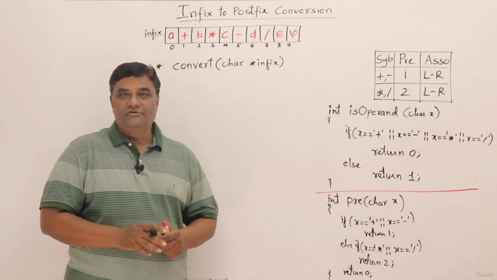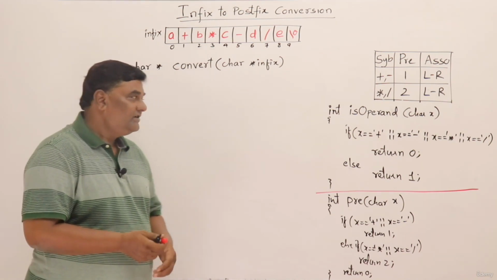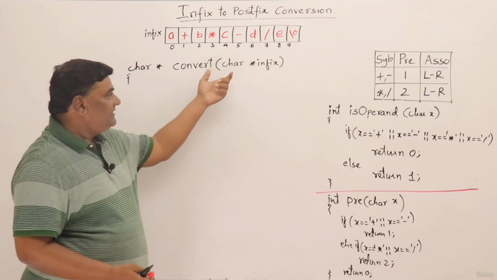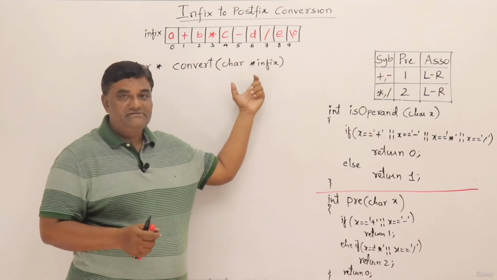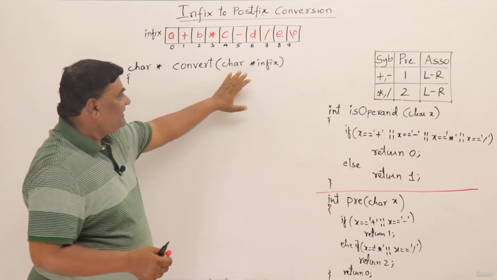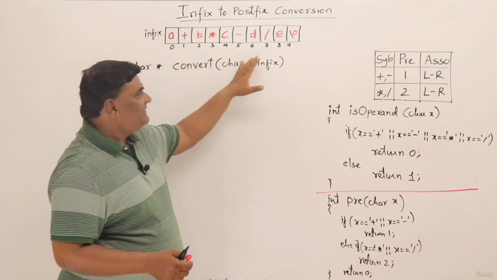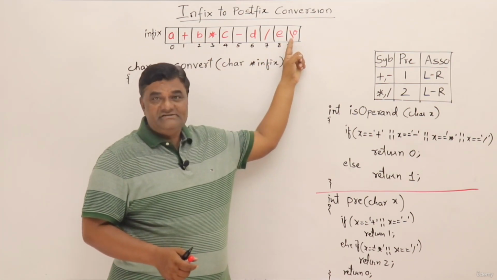Let us write a function for converting infix expression to postfix expression. Function name I have given it as convert. It will take a character type pointer to an array of characters and its name is infix. So that example already I have given here. This is an array of size 10 having that same expression, and it is a string, so it is ending